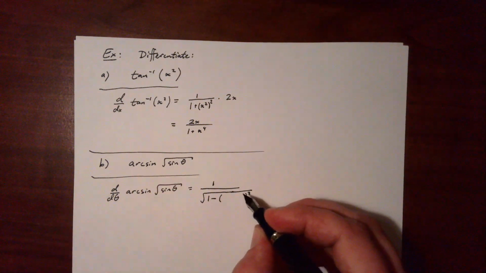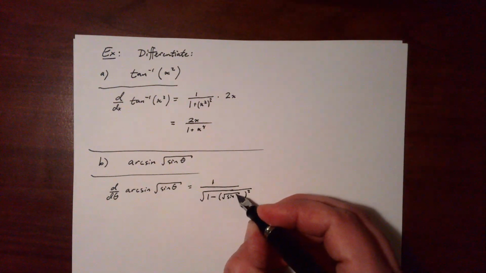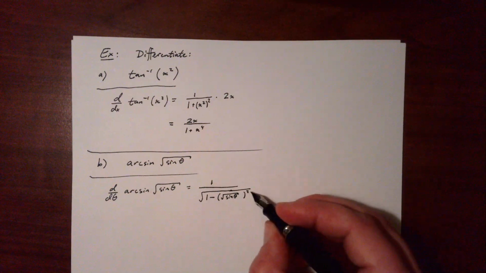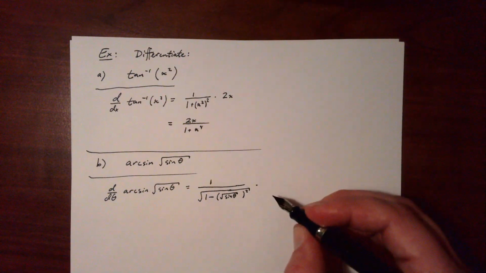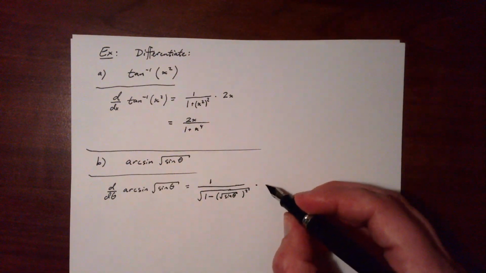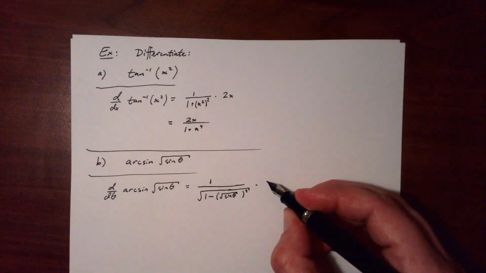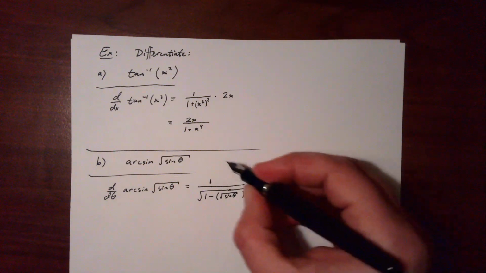What's under my finger? It was square root of sine. So be it. Then times the derivative of whatever was under my finger. But it looks like we've got some more chain rule action, so we've got a square root, which means a 1/2 comes down. So we can also think of this